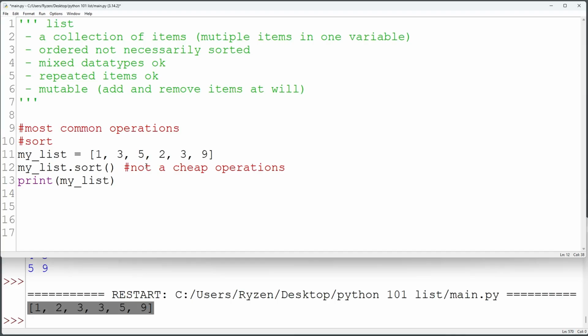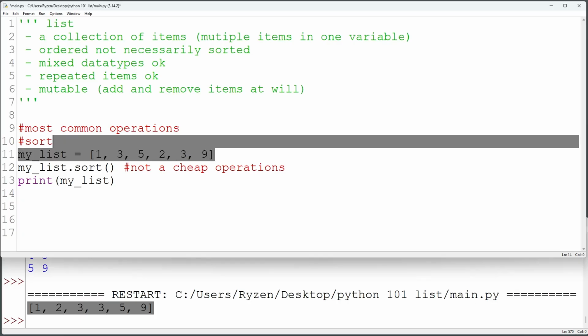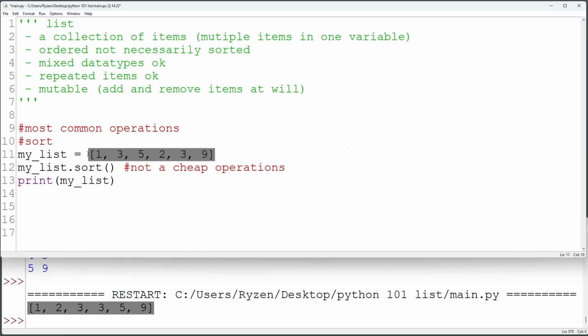Sorting, generally speaking, in any language, anywhere, is a very expensive operation. In this case, I have very few items, so you're not going to see a performance issue here. But if this list had, let's say, 10,000 items, then you start having a little bit of a problem with sorting. And if you have, let's say, 1.5 million items, then it might take a long time,